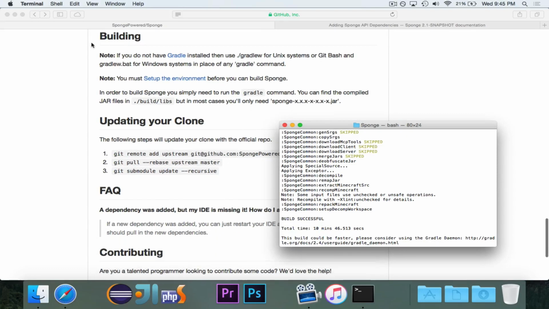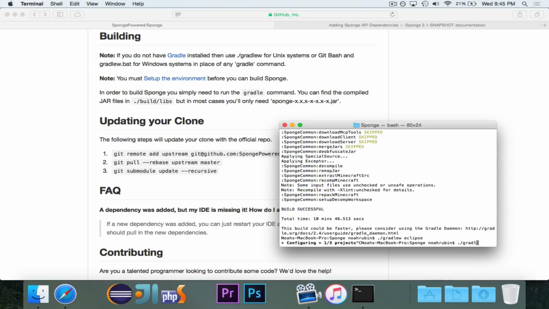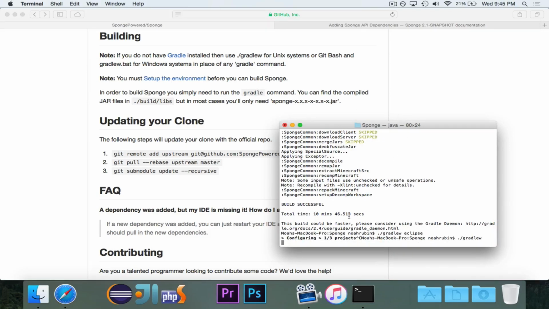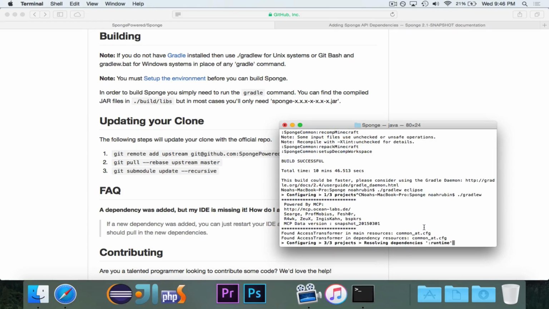And now we come down to building. So now we want to actually go ahead and build the API. So all you do is run gradlew, and you'll see here, ignore that I was accidentally running the wrong command, but you'll see here it'll now actually go ahead and build.